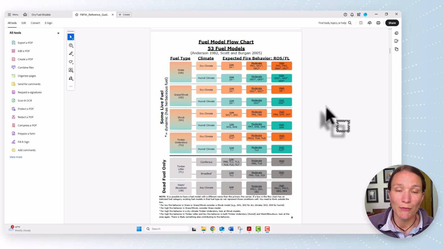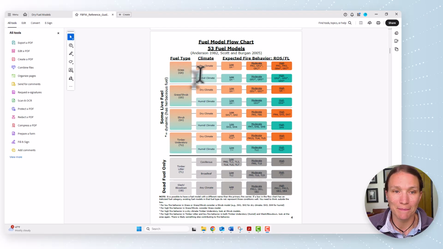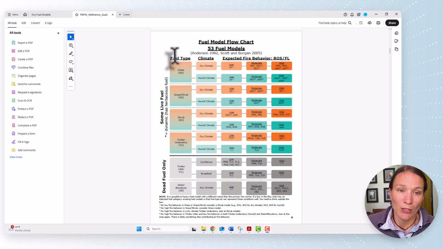This video will briefly demonstrate how to use the fuel model flow chart when selecting fire behavior fuel models. The first thing you'll do is select what your primary fire carrier is. Notice we have two main categories: the fuel models that have some live components and those that have dead fuels only. Sometimes you have more than one component on a site, and you'll pick one at a time to run